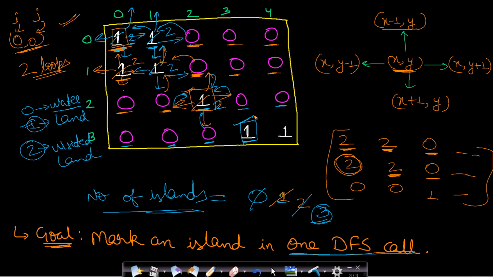And we will mark the entire island. Now we don't know the size of it. So we will make calls in all the 4 directions. So top is 0, left is 0 and down is out of bounds. So these all will return. And after that we go to right. So this right value is also 1. So this will be processed. We will make calls in all the 4 directions. And before making the call, we will just mark it as 2.